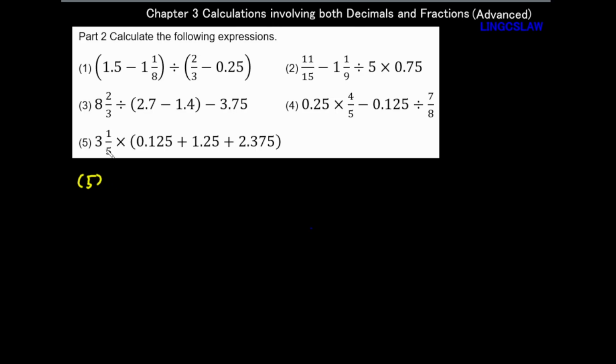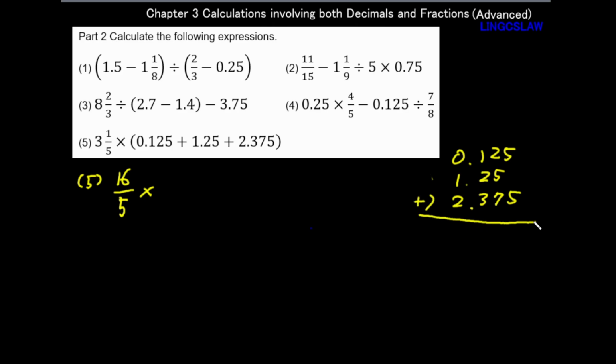3 and 1/5 can be changed to 3 times 5 plus 1 equals 16 over 5. So let's calculate these numbers. 0.125 plus 1.25 plus 2.375. Okay, 1 plus 2 plus 5 plus 7 equals 15. 5 and 1 plus 2 plus 3 plus 1 equals 7. 1 plus 2 equals 3. So 3.75